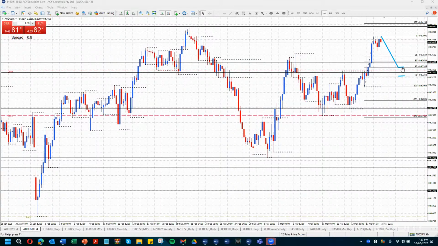All right, what happens in that area if we pull back? In that area, we have last week's high. So we've broken strongly above last week's high. So last week's high could offer support now that we've quite clearly broken above it. So a good area to watch would be last week's high, which is 63.33, in between the 62 and the 79% level, okay?